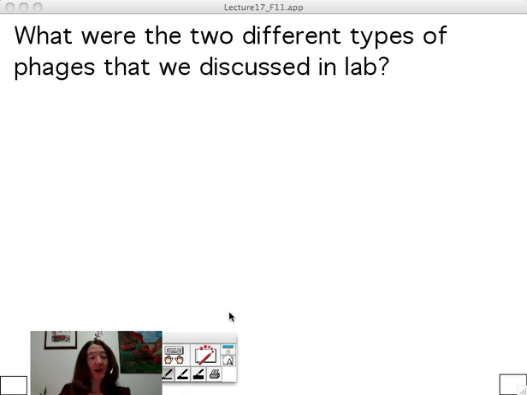Perhaps the all people buy moldy lemons mnemonic is going through your mind, and you're thinking, oh yeah, that was a virulent phage that always went through that lytic pathway. So let's just jot a note of the two types here. The first type that we spent our time on,